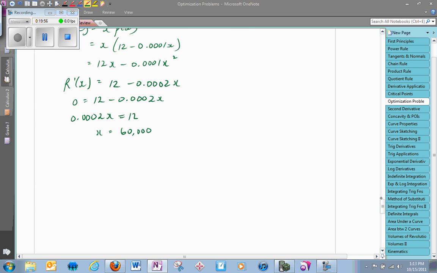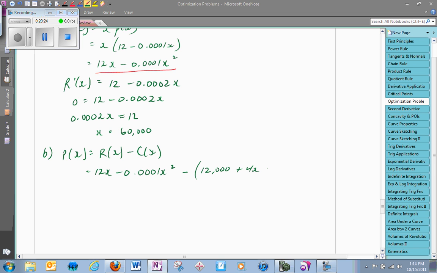Now I need to maximize profit. So B is profit is equal to revenue minus cost. The revenue function I have above, right here. And take that again. So I've got 12x minus 0.001x squared, and I'm going to subtract the cost function that they give me on the page. Notice that I put it in brackets so that when I expand the negative sign, I don't make any mistakes. And I'm going to get